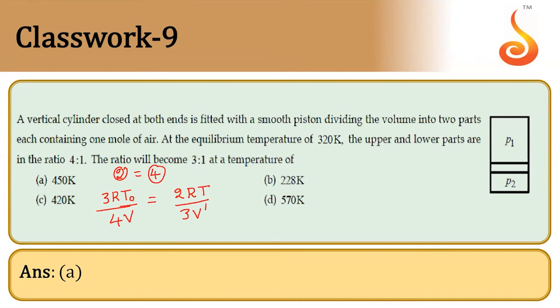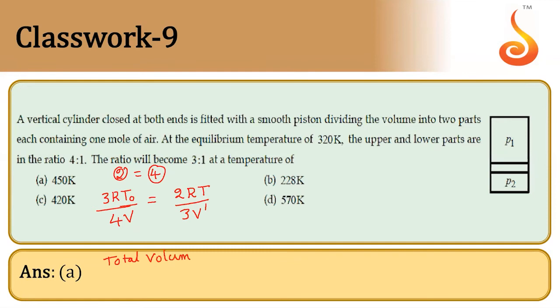Yes or no? But here totally how many unknowns we have? 3 unknowns. V is unknown, V dash is unknown, T is also unknown. How to eliminate these two unknowns, V and V dash? So actually we want T value. T naught we know, R will get cancelled anyhow. So how to eliminate this V and V dash? See, children, whether the piston moves upward or downward, total volume remains same, no? Total volume remains same. Am I correct?